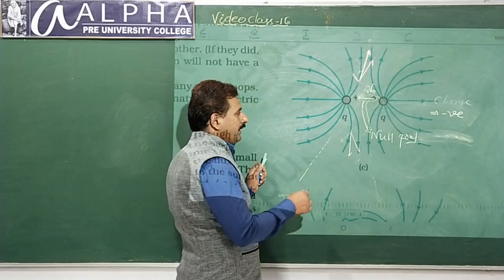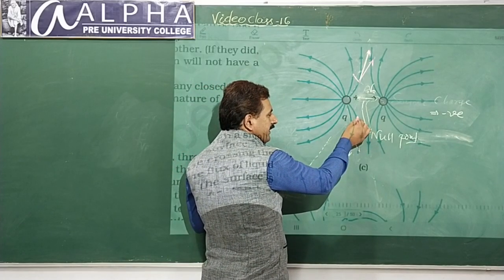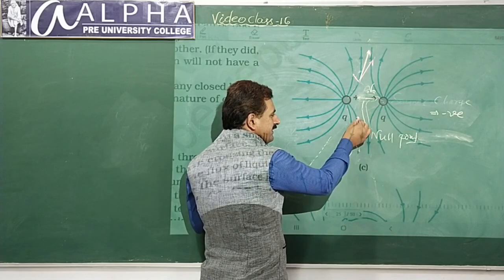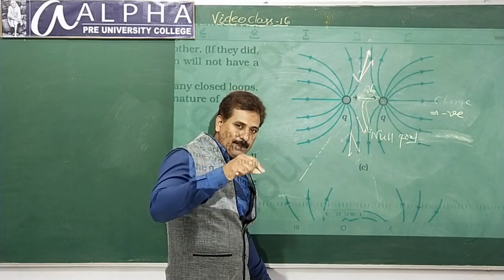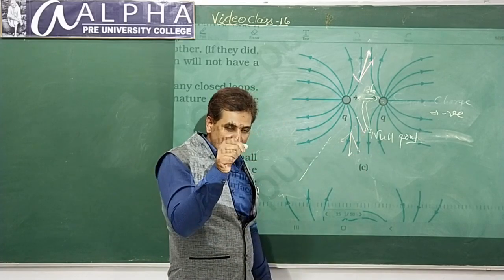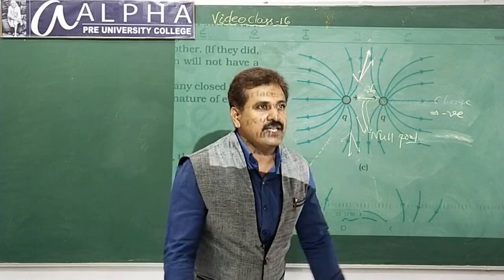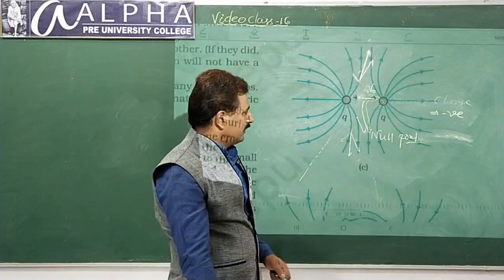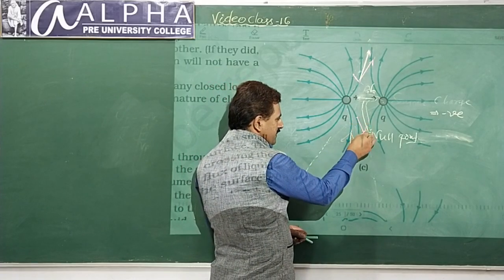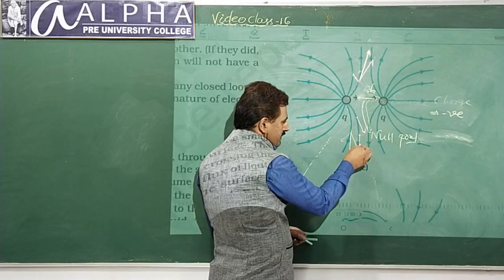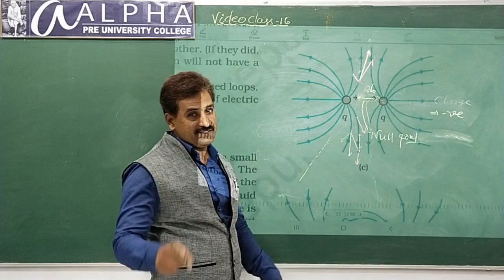And one more point is, for a curved line of force or field, the direction of electric field at each point is tangential. Students, in the previous example, straight lines, direction same. If you start moving like this, you will be moving in the same direction. But in this case, the electric field direction changes. Here it's tangential. If you come here, tangential like this. If you come here, tangential like this. At each point, electric field is tangential.